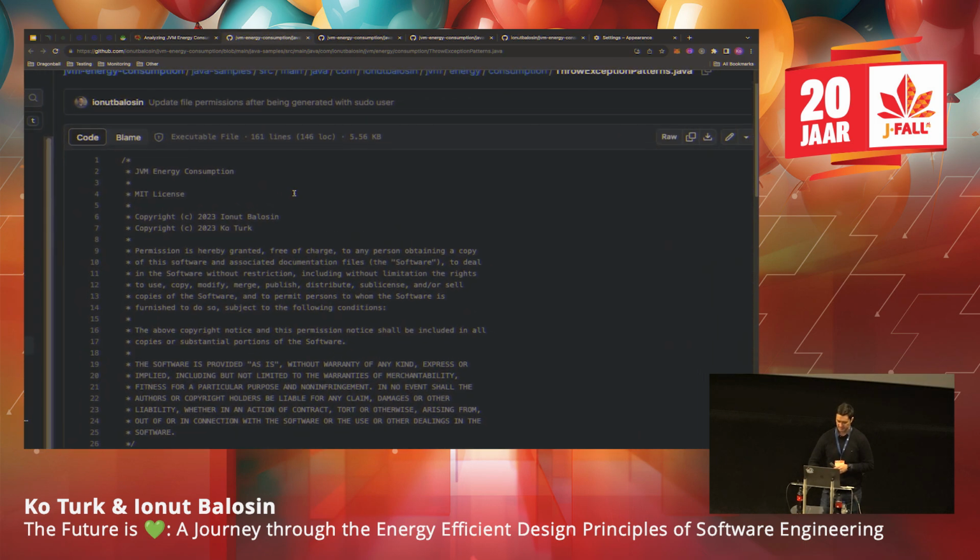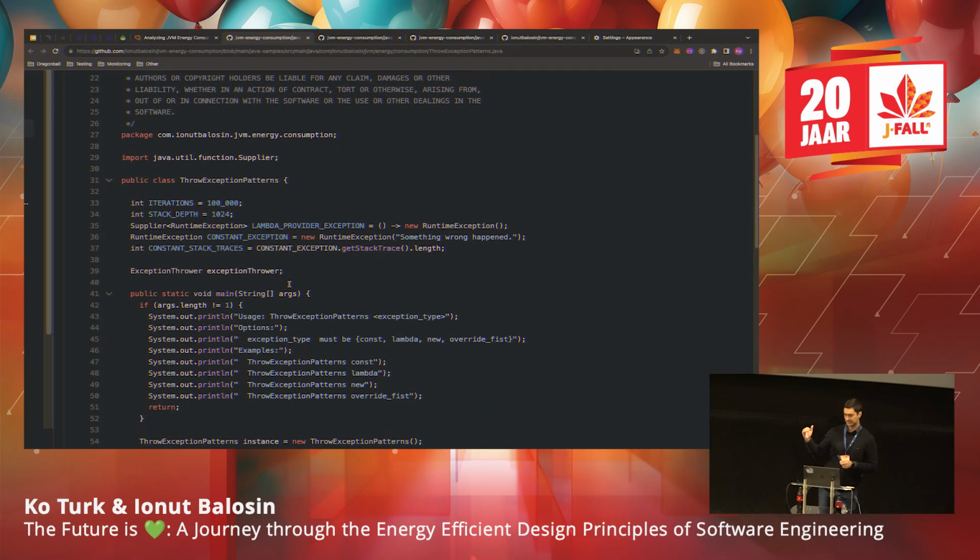When you throw exceptions, it depends on the stack depth at which the exception is thrown. For example, if I have a method and call 10,000 methods and I throw an exception from that point, it's very different than if I'm just having a method without calling those 10,000 methods and I throw the exception. Every time you throw an exception, you need to fill in the stack trace. And of course, if the stack trace is bigger, it allocates more elements and more time is needed to create the exception before it is thrown, because then you can iterate and see the full stack trace. And this is what we did.